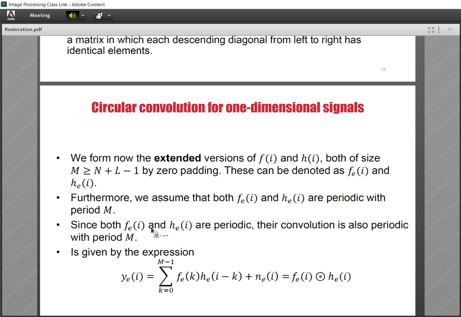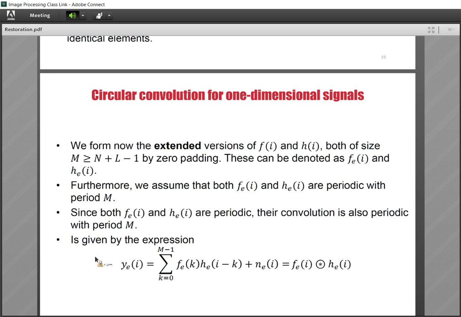Since both f extended and h extended are periodic in our assumption, their convolution is also periodic, with which period? Period of M. And this is named circular convolution. It is given by the expression y extended is the sum over k from 0 to M minus 1